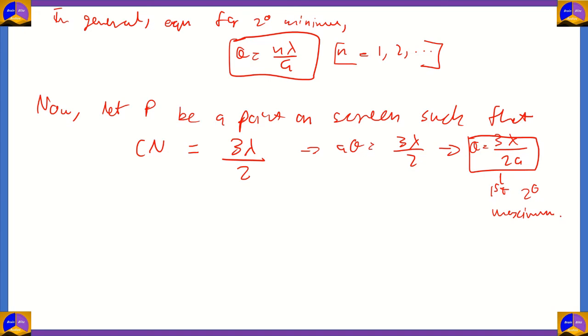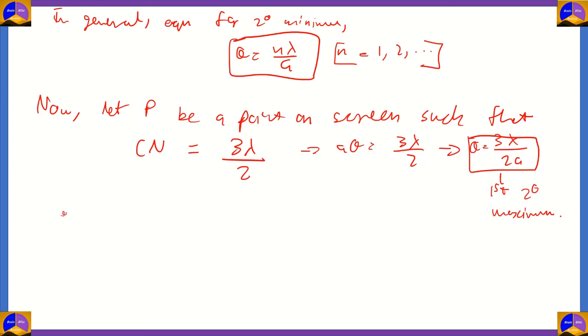Now we imagine slit AC split into 3 equal parts. Then the wavelets from the first 2 parts will reach the point P in opposite phase, cancelling the effect of each other. The wavelet from the third part remains uncancelled and produces the first maximum at the point P. The path difference will now be,